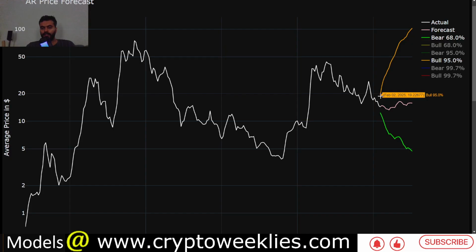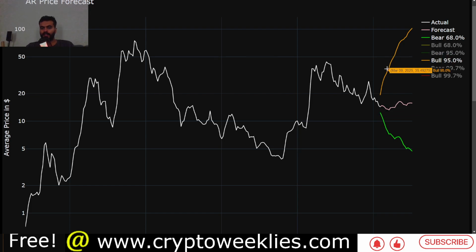So in the two standard deviation euphoria case for Arweave, the price could be somewhere between $19 and, roughly speaking, close to $102 as a peak estimated over the next 6 months, if that two standard deviation bull case were to pan out. If on the other hand the market were to crash, the price could be somewhere between $4.7 and about $12.